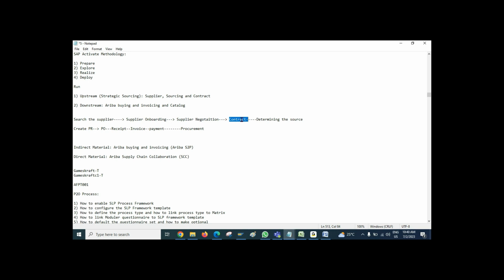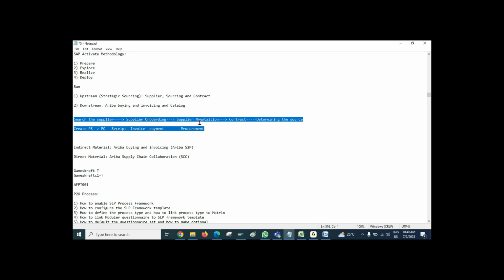And once this activity is done, you will execute your procurement process. Executing the procurement process means you will start enrolling in the training, then you will undergo the training, and perform whatever basic things are required. Or you can talk about any purchasing. In that case, you will create one requisition, then convert it into a purchase order, receiving, invoicing, and payment. So as a customer, whenever we have to buy any kind of new product, we have to follow this entire activity.